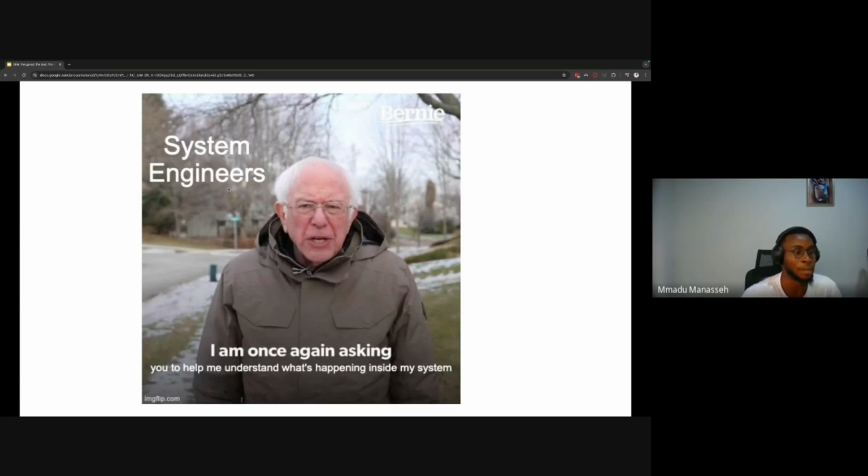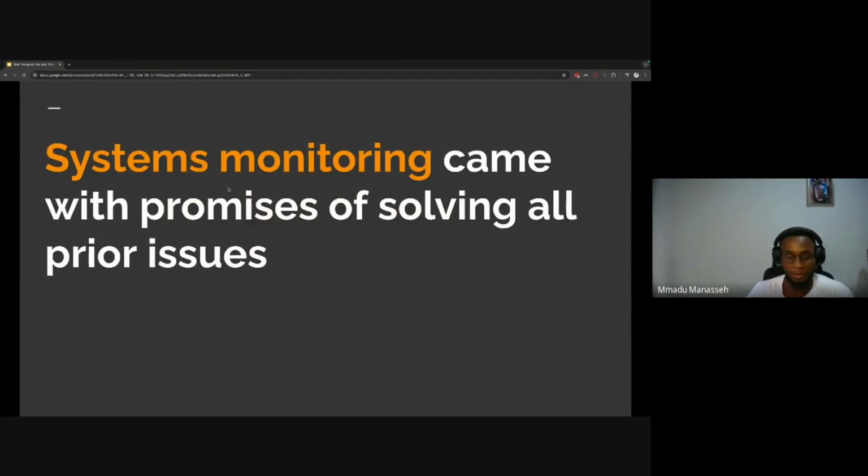Just knowing the uptime of the system was not enough. I wanted to know more. For a system engineer, I want to know if my database is functioning fine, if the connection between my DB and my app is fine. So there was more need for in-depth observability, and that led to systems monitoring.